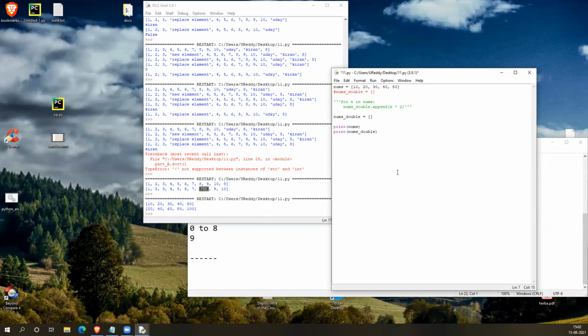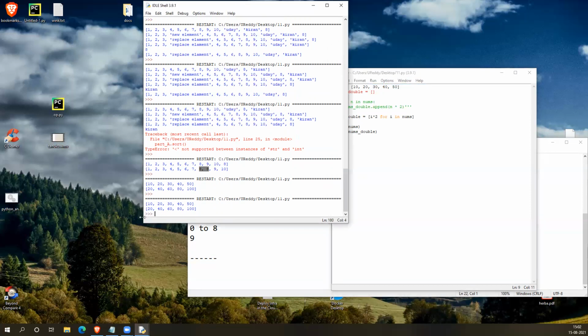So for that, I will consider an individual element, let's say i. i times 2 should be returned, and this i will be an element in for i in nums. So every time in this for loop, internally what happens is, it will return elements one by one and assign it to this i, and that one will be doubled, and that one will be added to the list. With this expression, a new list is created and assigned to this variable. You see, it's working.